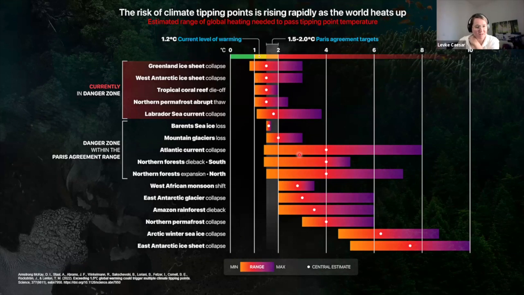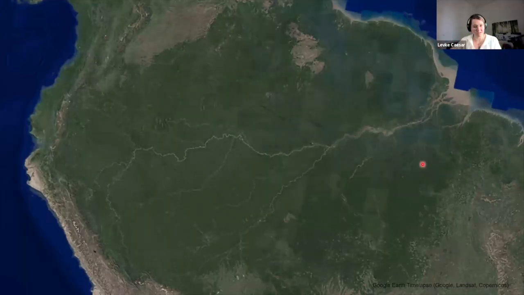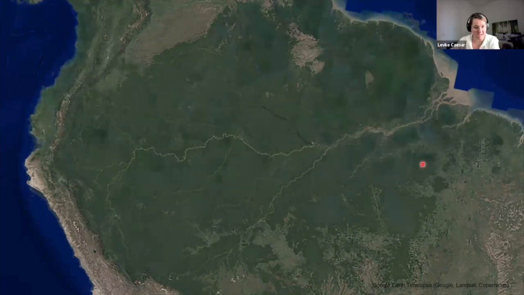Yeah, I think it's easiest to understand if I give you an example. So you can see here that for the Amazon rainforest, the tipping threshold, tipping point, is estimated to be between 2 and 6 degrees of global temperature rise. But this range doesn't really capture the role of land system change, that is the role of deforestation, fire feedbacks, or regional rainfall decline. And just to show that, this is a time lapse from the Sentinel mission showing the evolution of the Amazon from 1984 until 2018.